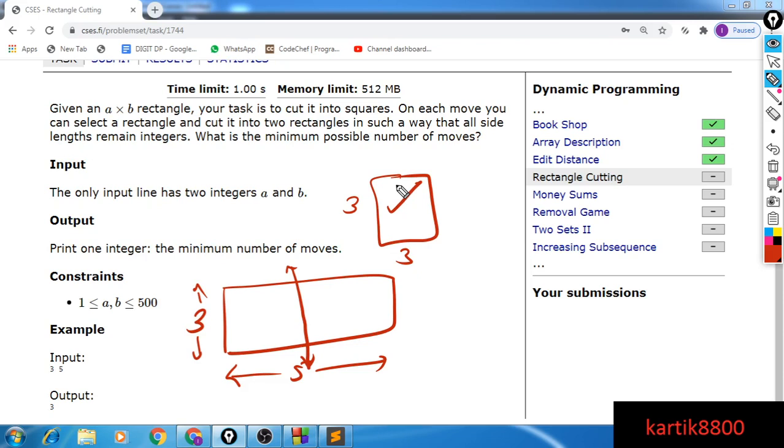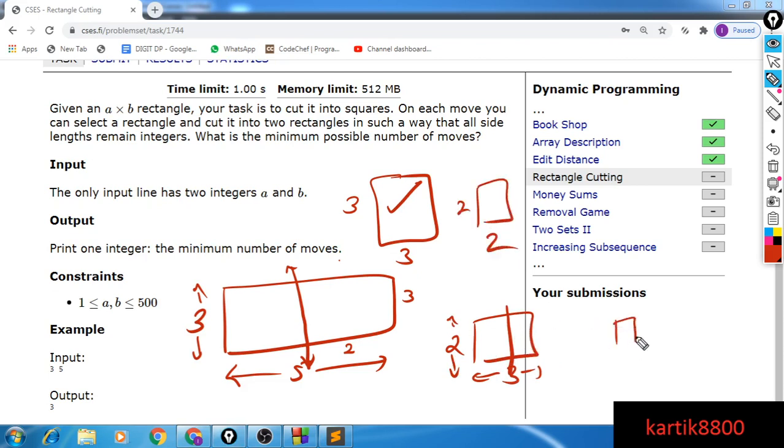As soon as you end up at a square, you don't need to cut it further because all you want in the end is a bunch of squares. So here I'll be left with, if this length was 3, this is going to be 2 and 3. So I'm left with a rectangle in which one side is 2 and the other is 3. And what about this? I could make a cut here and I'll be left with a 2 cross 2 and still a 1 cross 2 piece. Right, this piece is going to be 2 here, 1 here. So I'm still left with this piece.